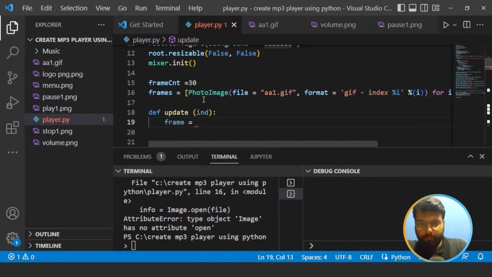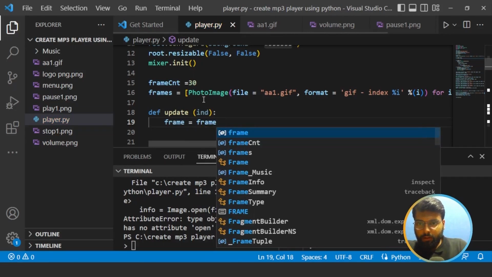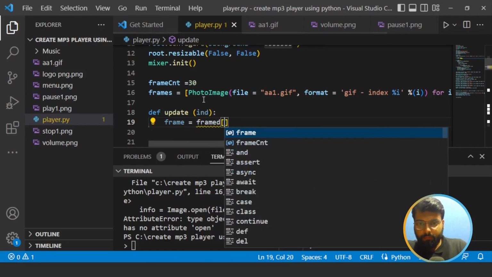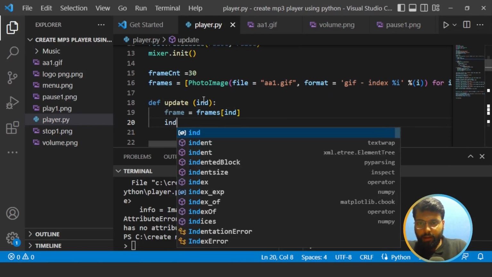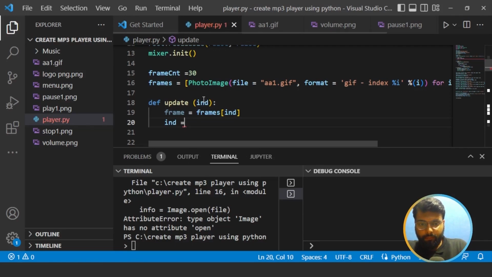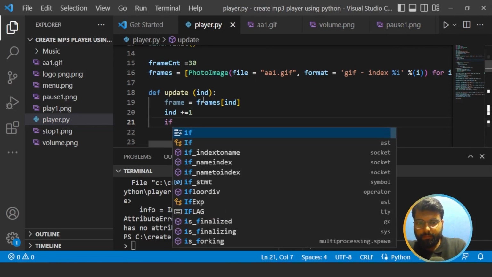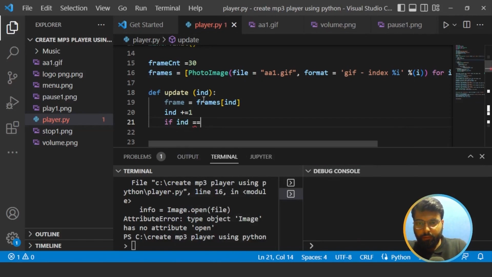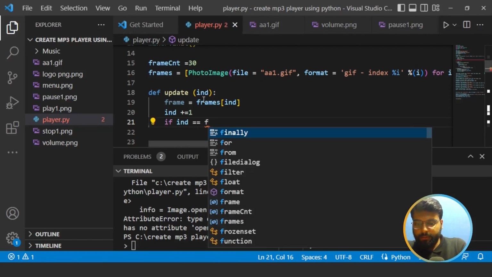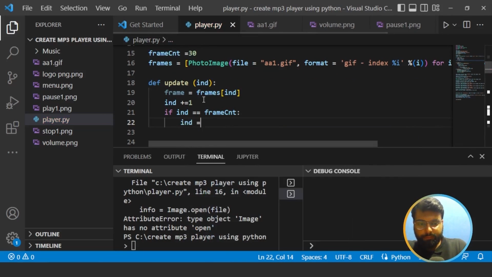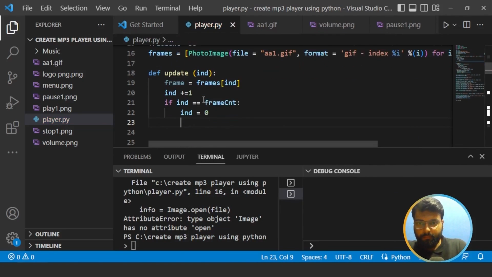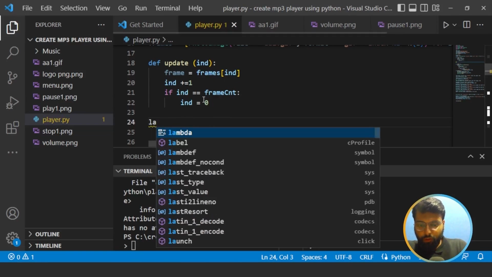Create a variable with the name frame, and inside we will pass the ind variable in frames, and as this image would be displayed, we will increment the ind variable, and if ind is equal to frame count, that is if it has displayed all the images in the GIF, we will set it to 0 and run it again, and we would set the GIF in the label. So we will configure it,